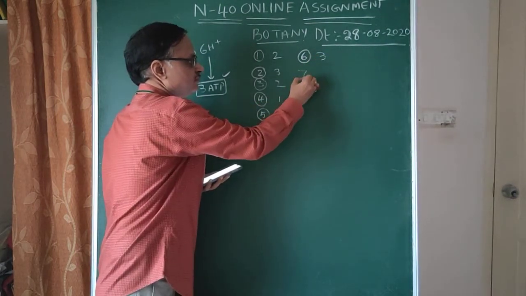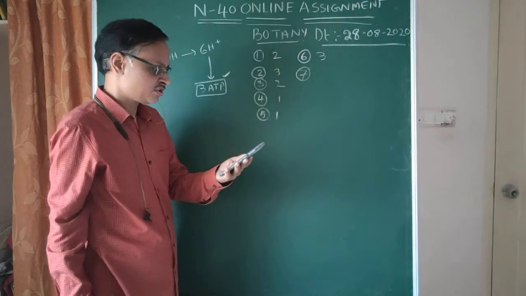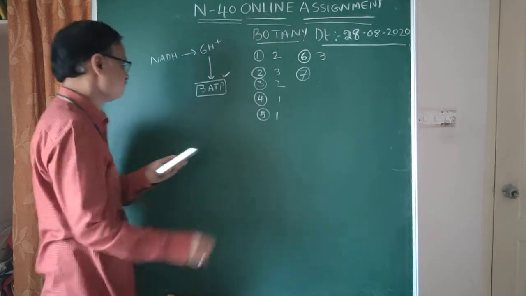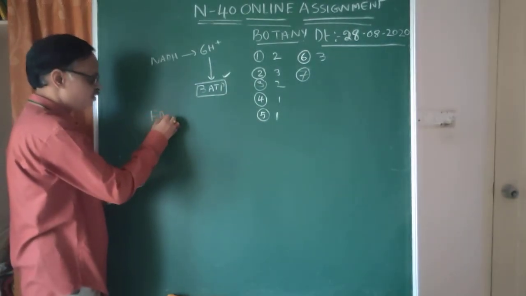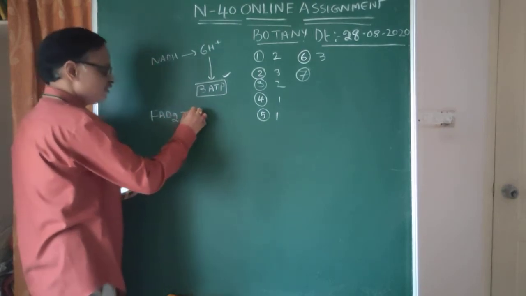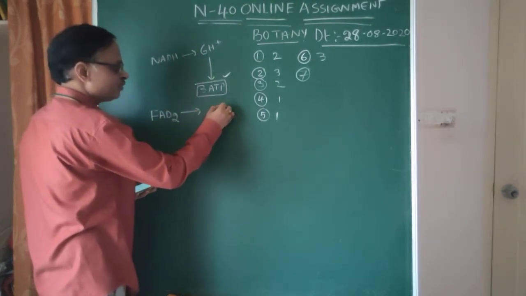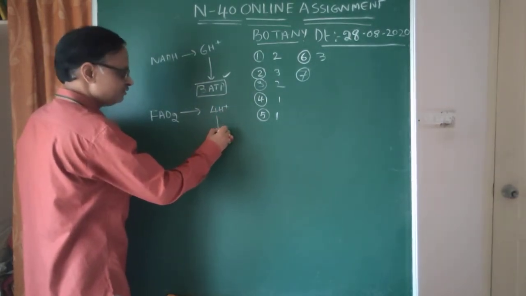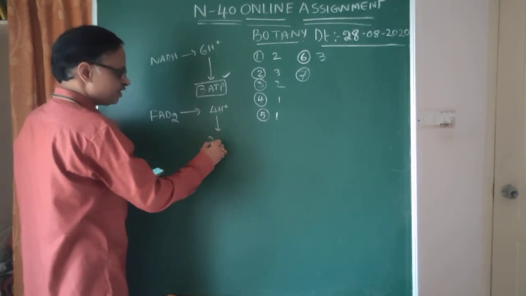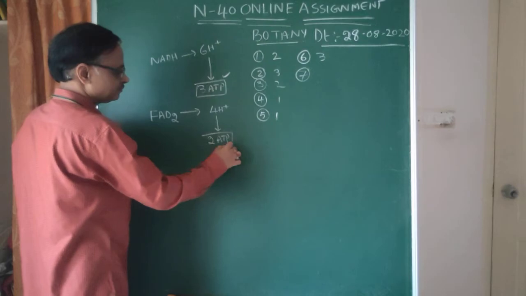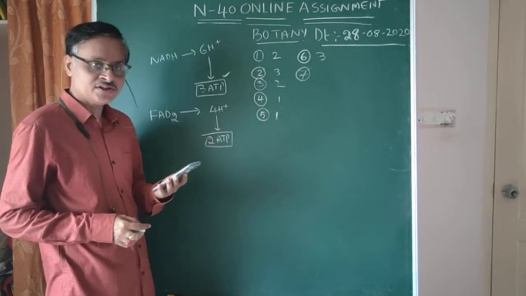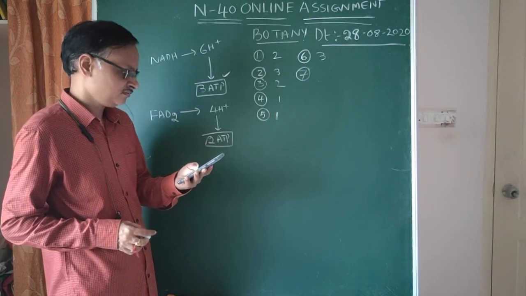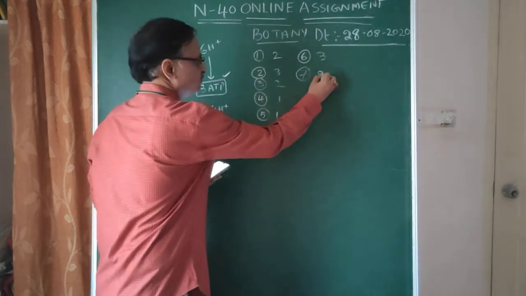Students, seventh question. How many ATP are obtained from one FADH2? If one FADH2 participates in ETS, that leads to a 4H plus proton gradient. For every 2H plus, 1 ATP, no? A 4H plus gradient means 2 ATP. The FADH2 molecule contribution is just 2 ATPs. Seventh question, the second option is correct. Right?